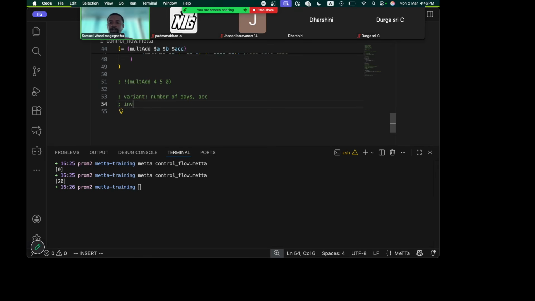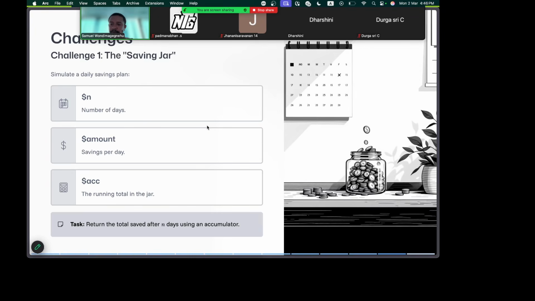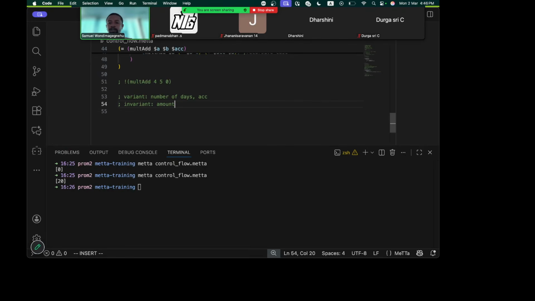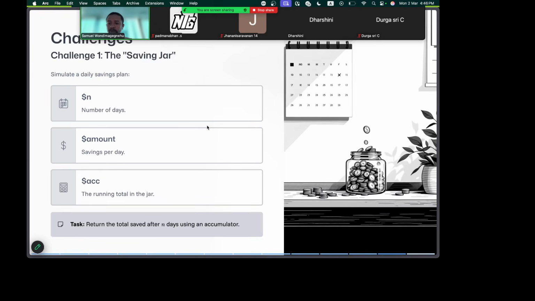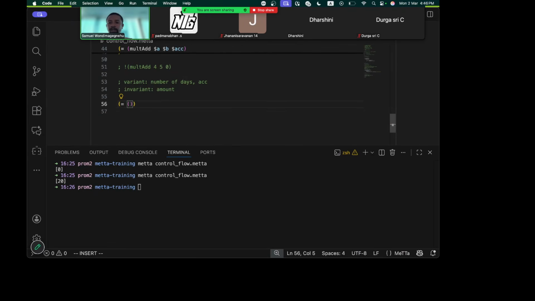The next one is the invariant. Do we have an invariant down here? Yeah, right? We have the amount. The amount is going to be an invariant, which means going from one recursive call to the other recursive call, it's not going to change. So yeah, now we can write